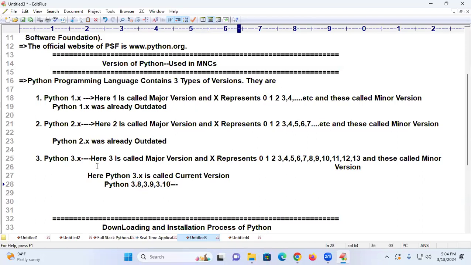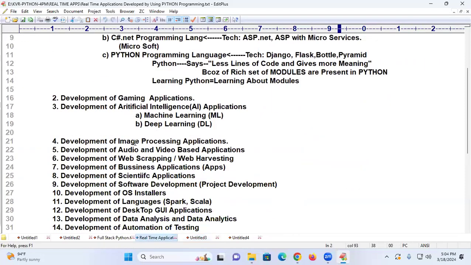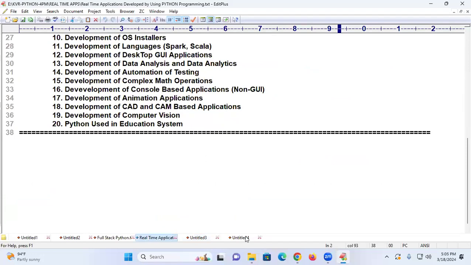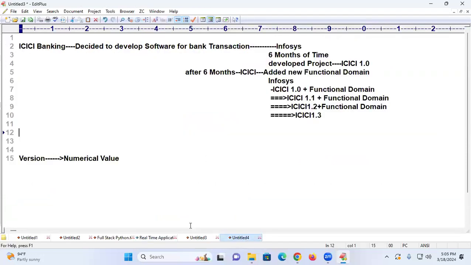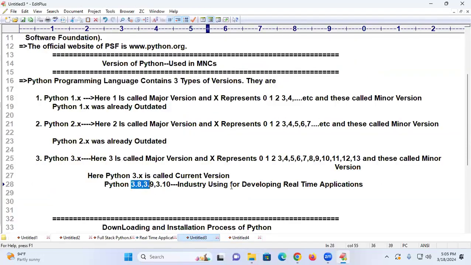Currently, what is this called? Industry is using it now for developing what applications? Real-time applications, which I already listed in the class. These are the various real-time applications. For development of those applications, these are being used now, because they are secured.